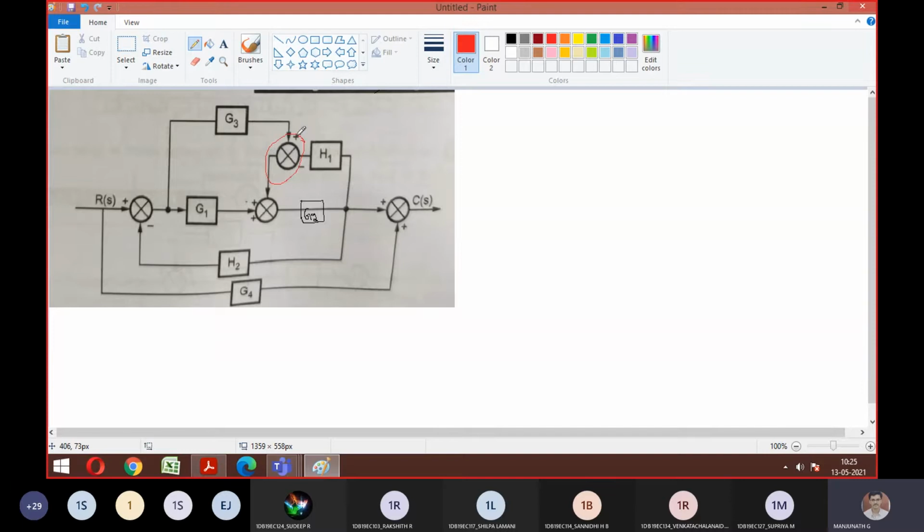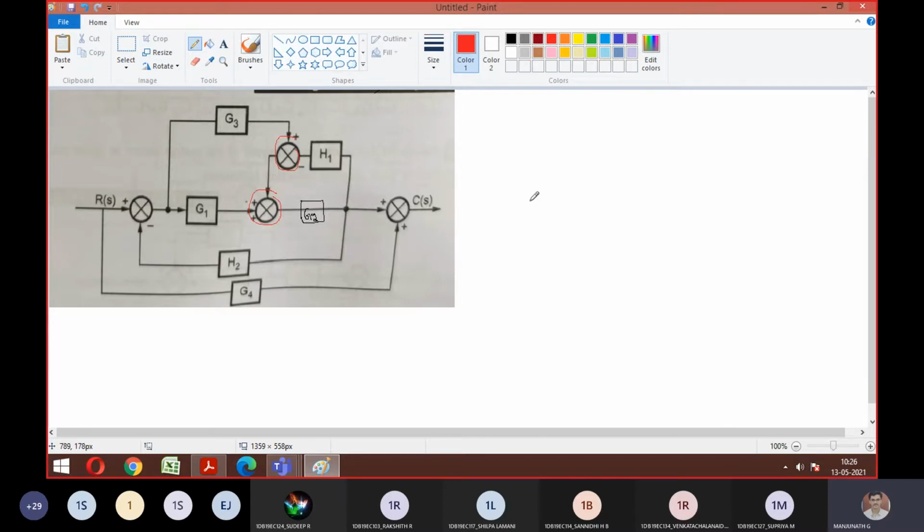Now tell me what can be done. You can't do any splitting of the summing point because you already have one summing point here and you have one more here. So what are the possibilities? I think I taught you merging of summing points also. Yes. So these two summing points can be merged so that we can get through with the problem. So this is one summing point. This is one summing point. So only a small change you can find. What is that small change I wanted to tell?